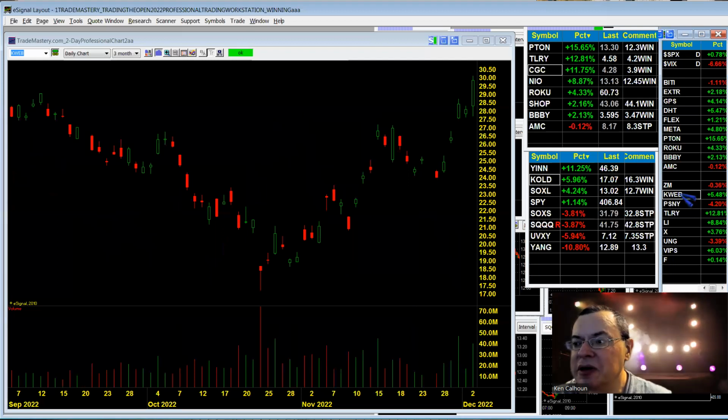All right, KWeb. It's up. I don't like that pattern though. I don't like this because it's characterized by lots of gaps, and I don't like daily gaps. So that's a gambler's stock. So no, just say no, because the gaps are unpredictable. Anything that's a daily gapper is a gamble. So no, we're traders, not gamblers.